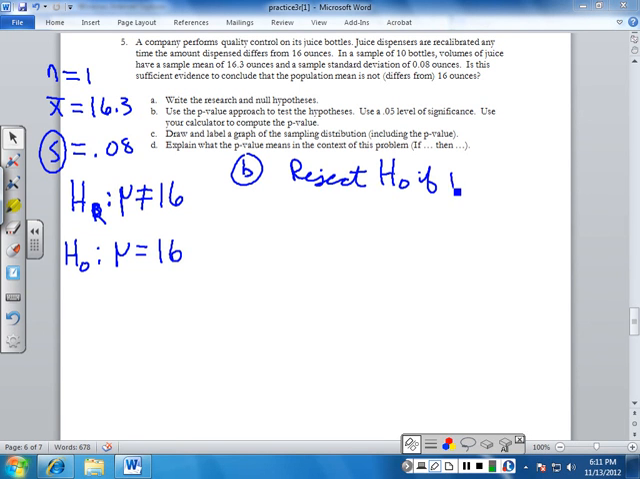If p-value is less than 0.05, and p-value we will just get from our calculator. Okay. So stat, test, t-test, you're going to input stats now because we don't have all of the